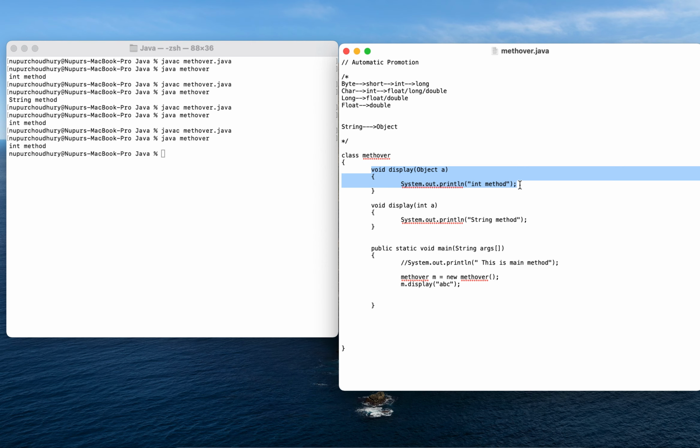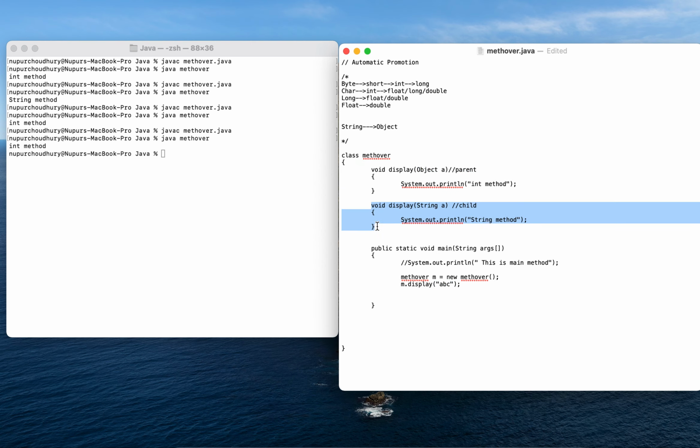Now let me consider another example with this object. If I'm having object A and string A, now object, as already mentioned, is the parent of string. I also have the child which is string. So object is the parent, and this is the child. Both of them are present. Now when I'm passing a string value in my arguments, which one do you think would be called? Whether parent would be called or child would be called. So let us see